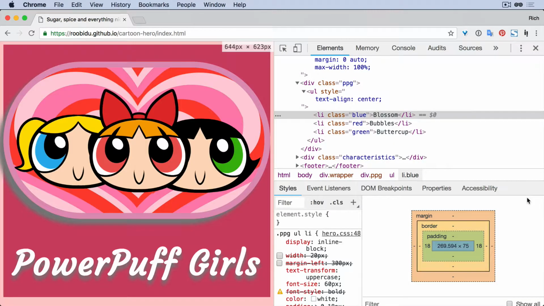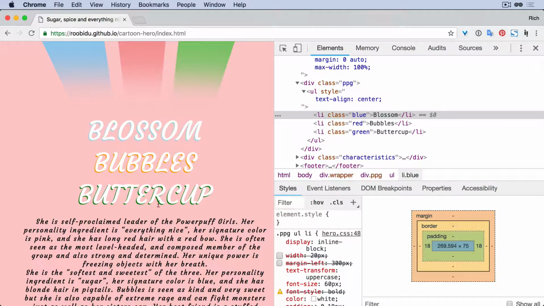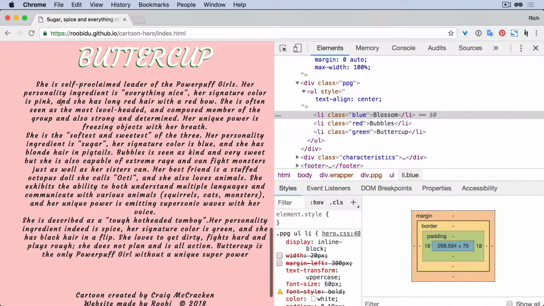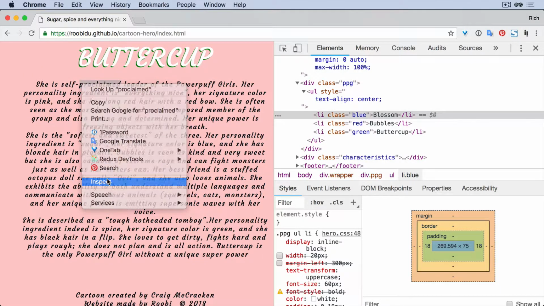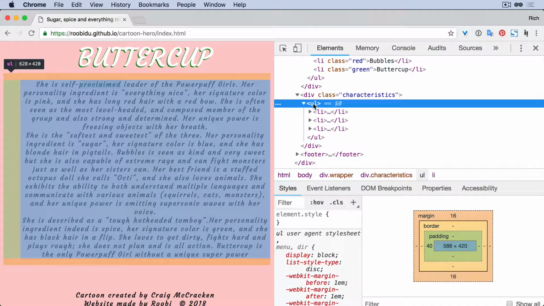If we put this back up here, check that, Blossom, Bubbles and Buttercup. They're now in the middle, looking really good. Some of this text looks a little bit strange here. It looks like there's more space on the left hand side. Okay, so